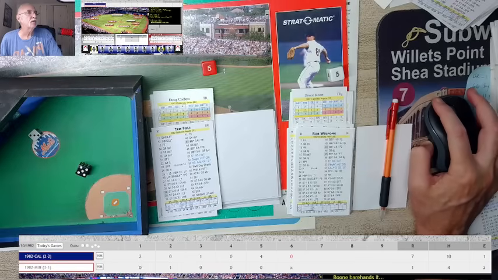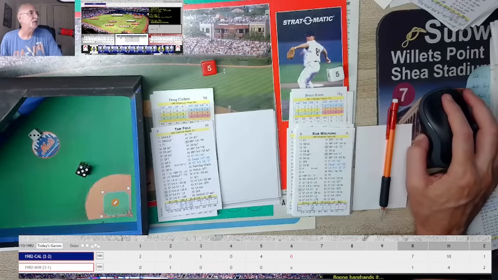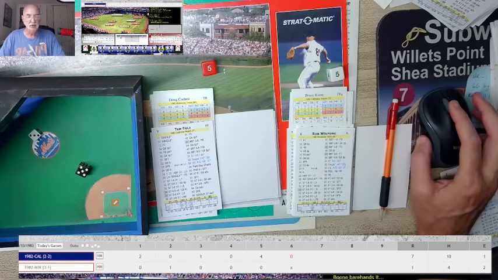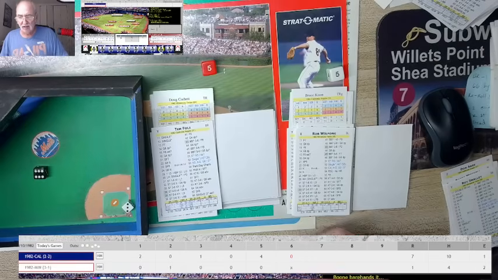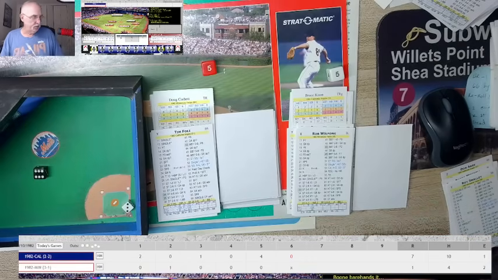All right, we're moving along in this game. We're in the top of the 6th inning. It's 7-1 for the Angels, 1-4-2 for the Twins. Who's up? Tim Foley. Nobody out. 63. That should be a strikeout, and it is.